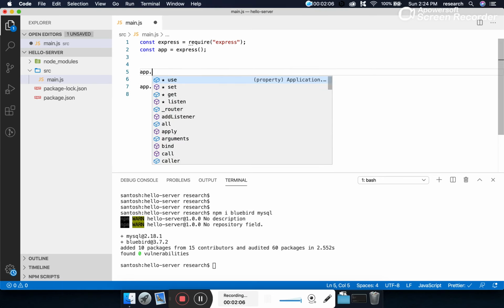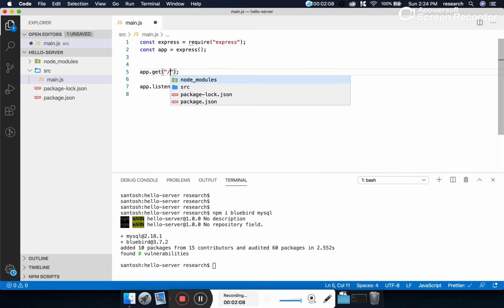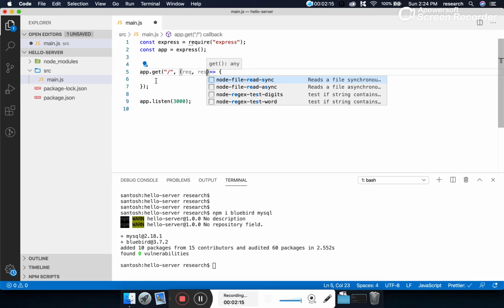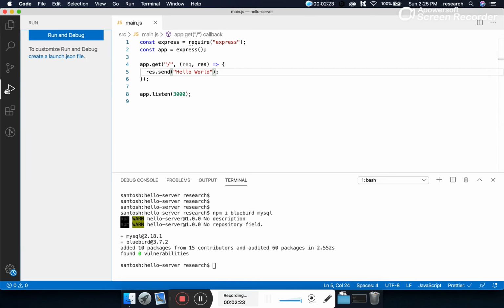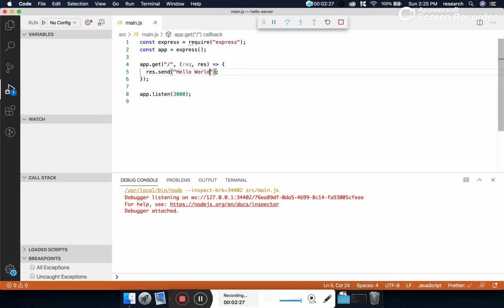We can test this by creating a simple method app.get, and this is our hello world API, req, res. Let's serve the response hello world.